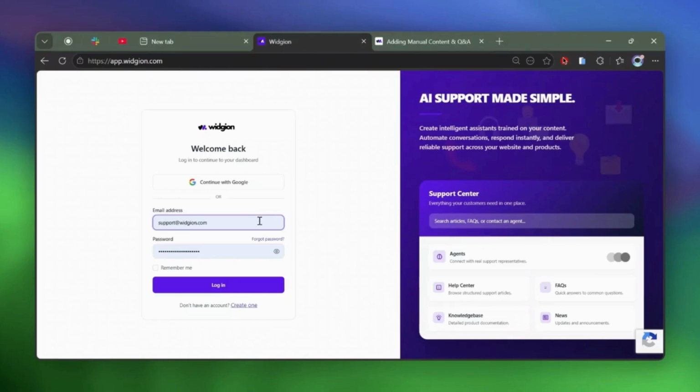Hello, in this tutorial, I'll be walking you through how you can add questions and answers to train your AI in your knowledge repository. So first of all, you log into your account,